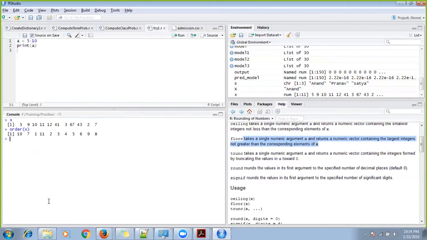What it says is, in the first position, which index value should come? If you want to sort x, in the first position, which index value would come? 2 should be coming, right? Because 2 is the lowest number. But look at what is the index value of 2: 1, 2, 3, 4, 5, 6, 7, 8, 9, 10.